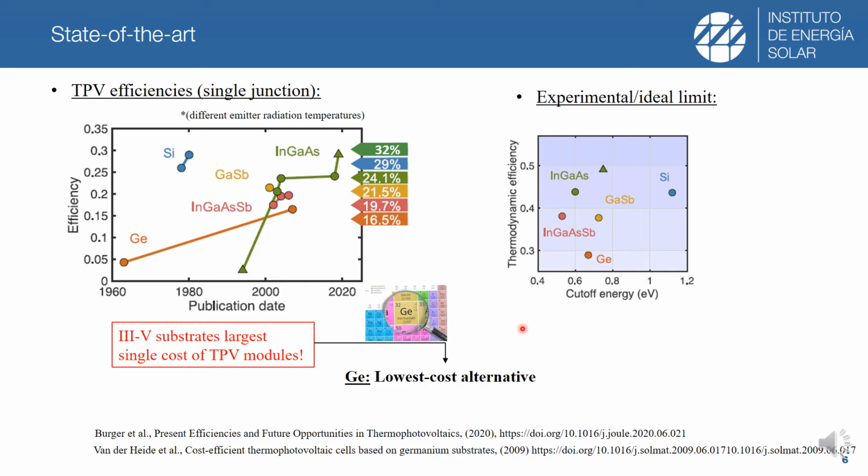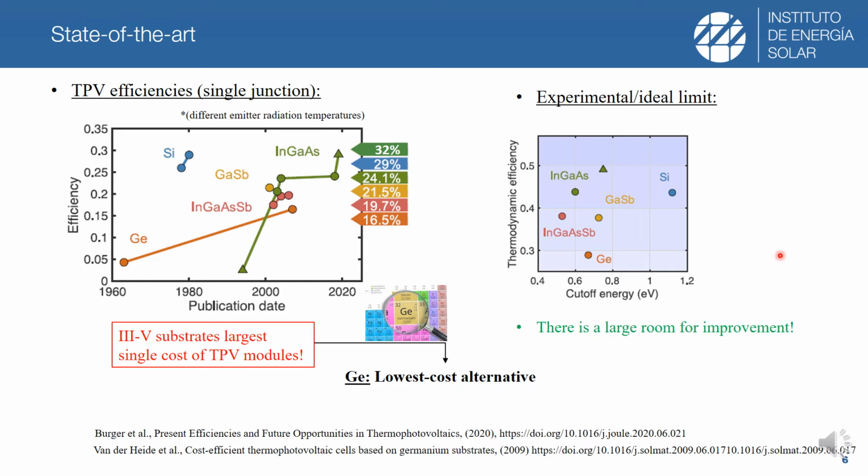However, one of the constraints of germanium is its low efficiency, and as you can see here in the graph on the right, where the thermodynamic efficiency, which is the experimental current record efficiency versus the ideal limit, is represented for different materials, you can see that in the case of germanium, its current efficiency of 16.5% represents just 27% of its upper thermodynamic limit, which means that there is a lot of room for